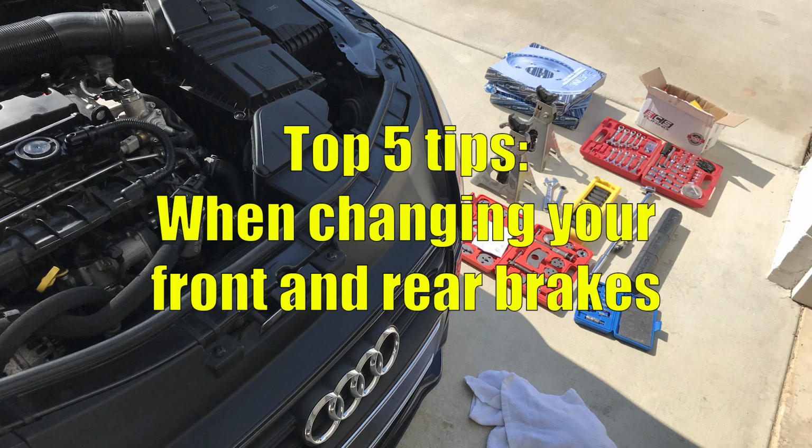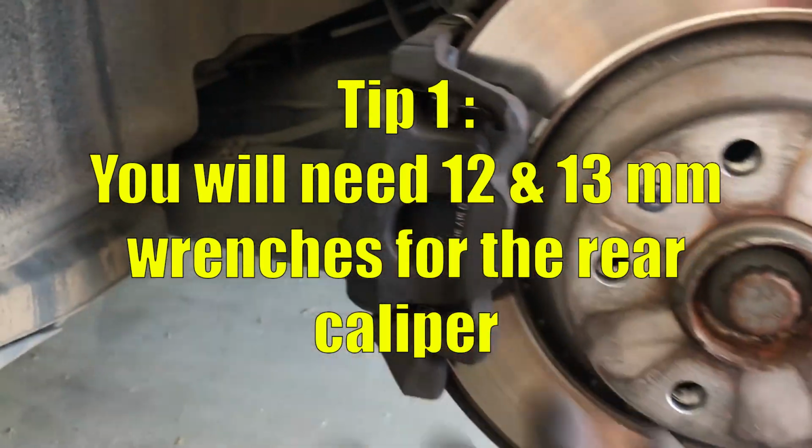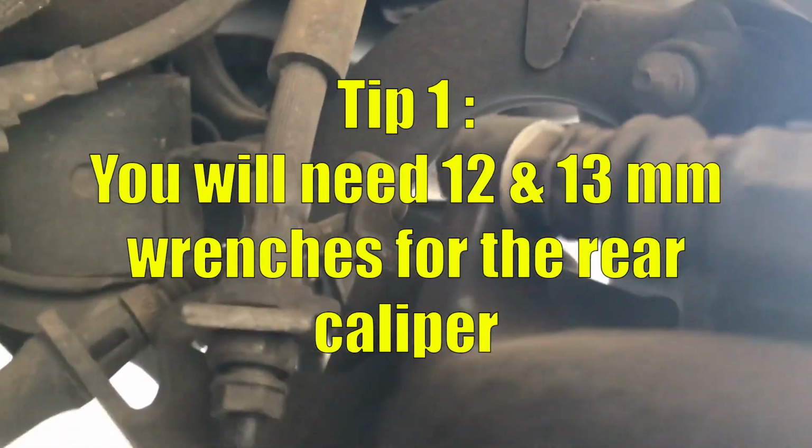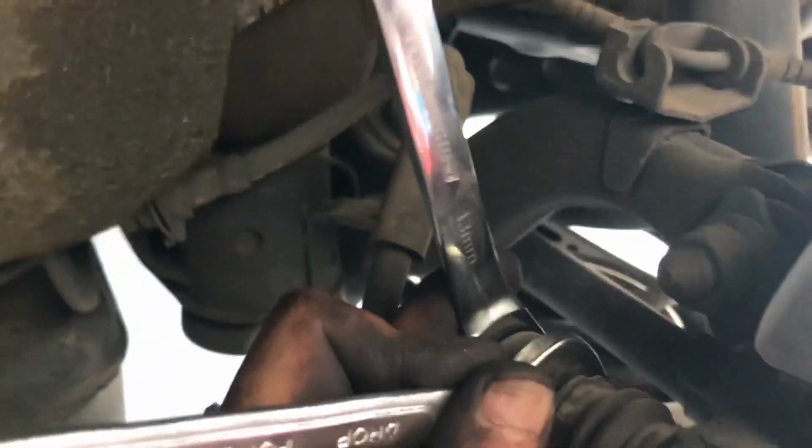Hey guys, these are my top 5 tips for changing the front and rear brakes. Tip 1, you'll need a 13 and a 12 millimeter wrench to remove the rear caliper to get to the brake pads, and then use one of the wrenches to hold the caliper and the other to loosen the guide